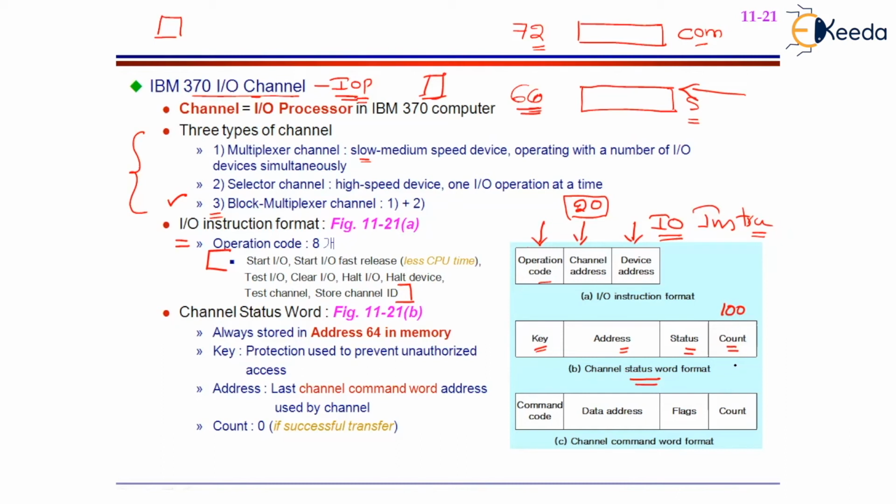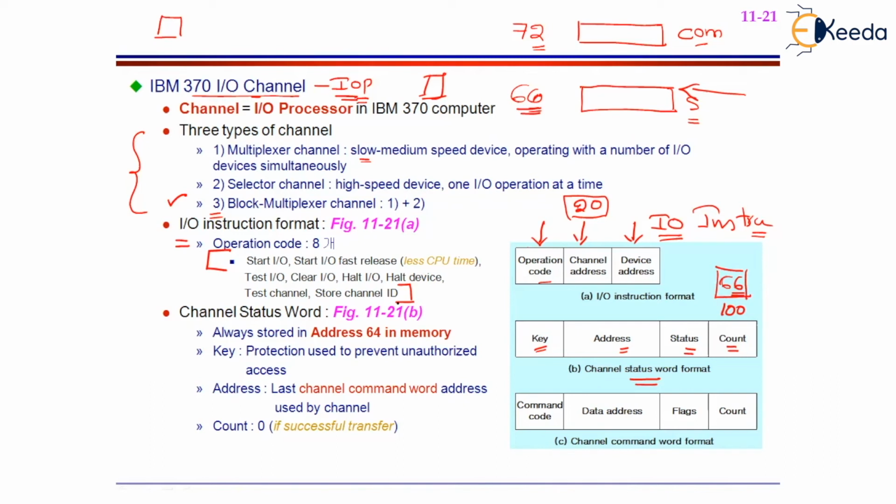95. Now let us say when the CPU wants to understand the status, immediately this will be halted. The current transfer will get halted. At that time, this count field is going to show you the number of words that still need to be transferred. That is, let us say it is 66. Okay, 66 meaning 66 more words are remaining.